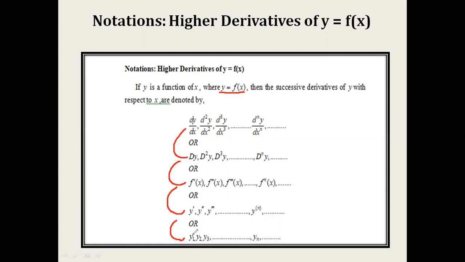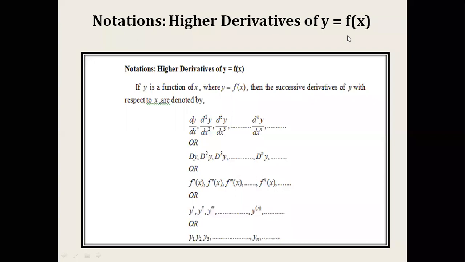Here we can say that y1 is the first order derivative of y with respect to x. Similarly, y2 means this is our second order, y3 means this is our third order, and yn is the nth order of the differentiation of y with respect to x. So these are the different successive derivatives of y with respect to x, and we can take any one symbol from this given list. Now, in this case, also we will see the results on successive differentiation.